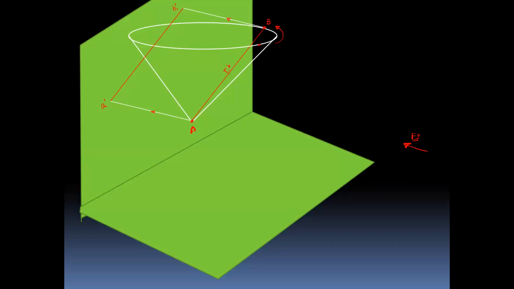Just for simplicity, we have assumed that the line is parallel to the vertical plane for the time being, and in that case we get this front view that corresponds to the true length. So this is the true length of the line. Okay, and the inclination which is observed by making the line parallel is called the true inclination, and this is theta.